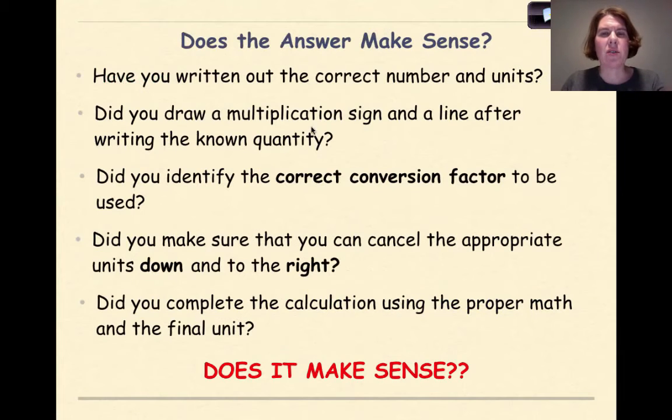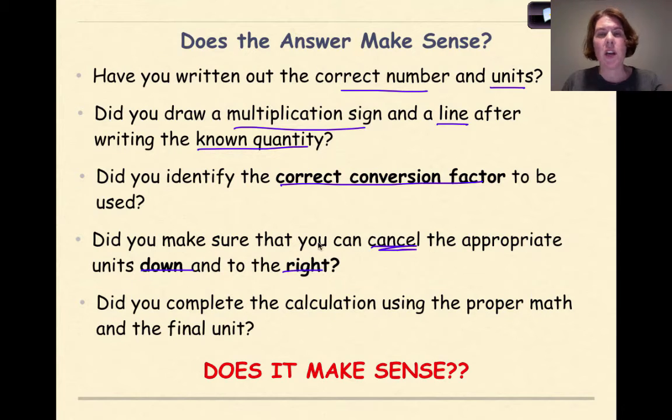You really need to ask yourself the following questions as you go through doing dimensional analysis problems. Have you written out the correct number and units to start with? If you don't have the correct number and the correct units to start with, your problem is not going to work out. Did you draw a multiplication sign and a line after writing that known quantity that was given to you? Did you identify the correct conversion factor to be used? Did you make sure that you can cancel the appropriate units